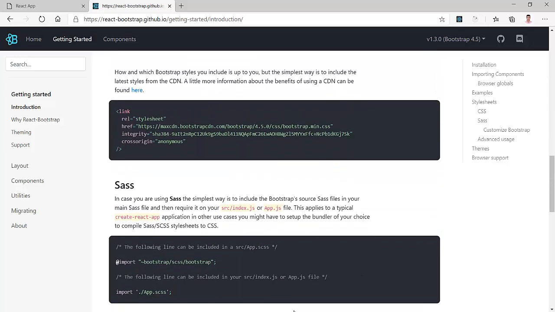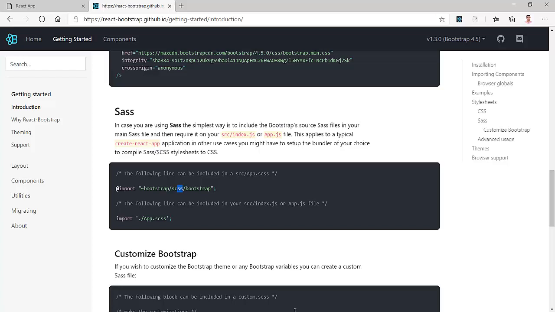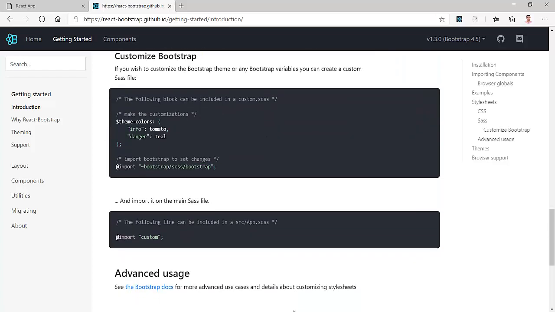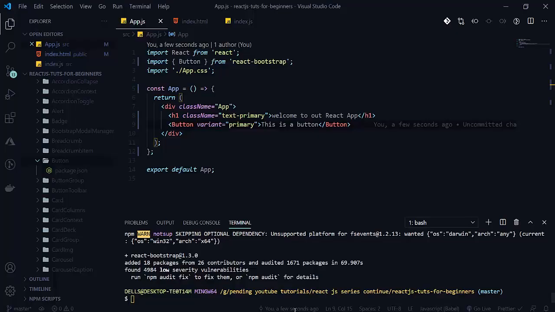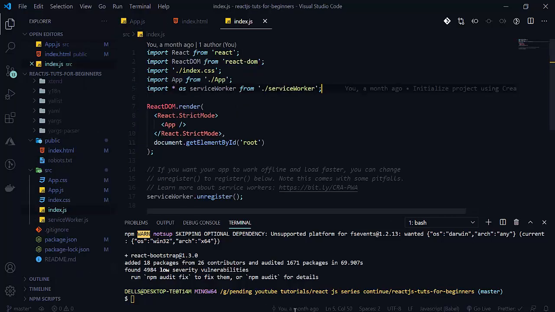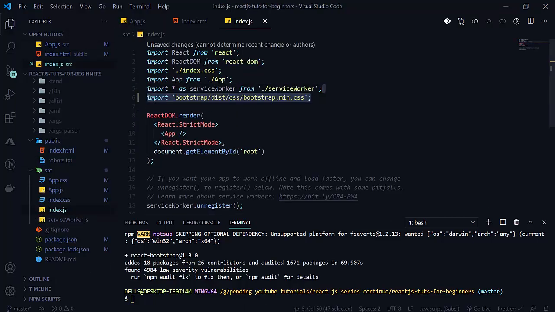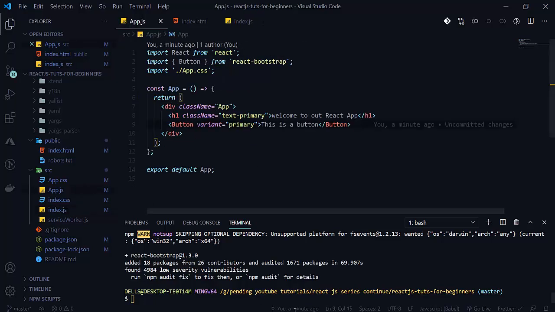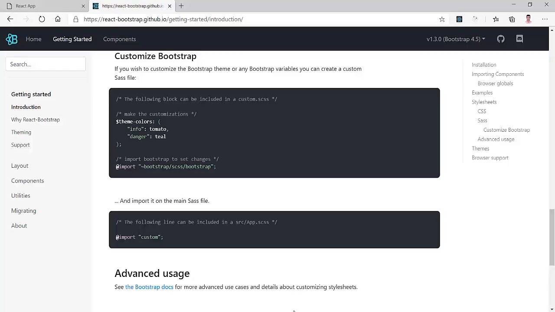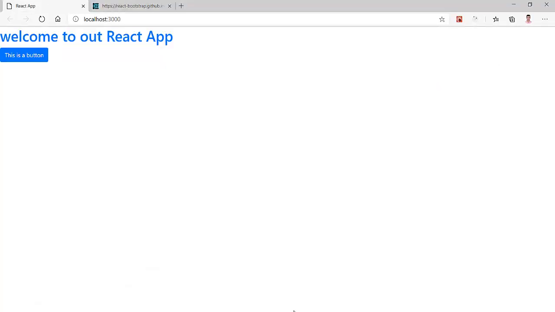For using React Bootstrap, we also have to use Bootstrap here. So we also have to install the Bootstrap package here. So we need this. Now when we see this, see that now this button is working perfectly.